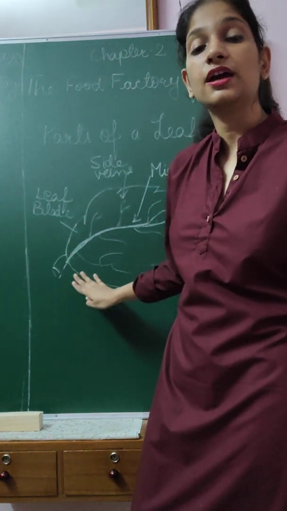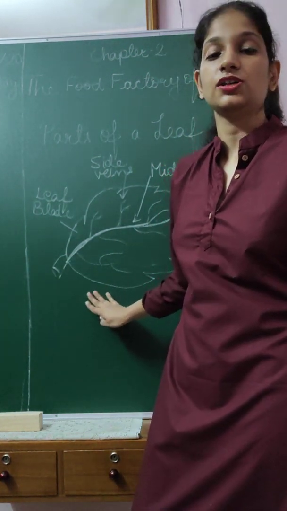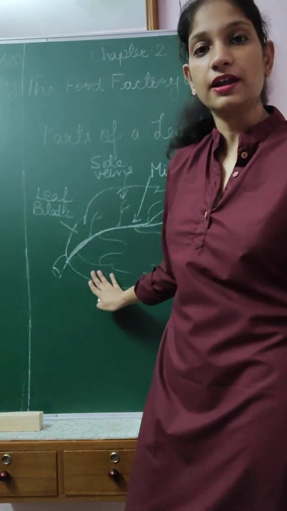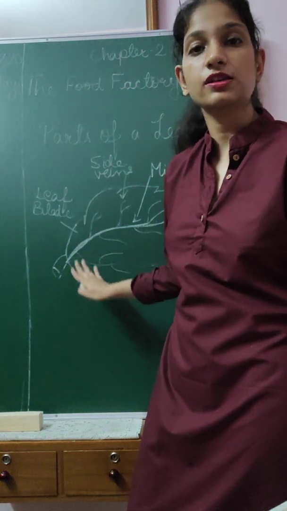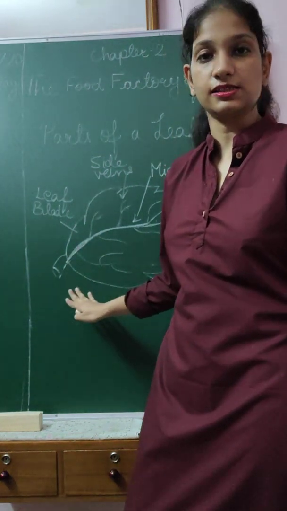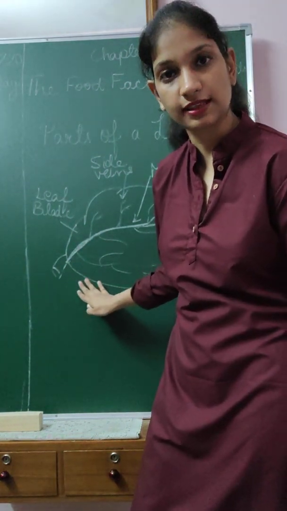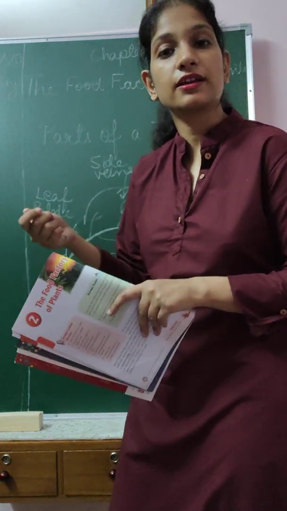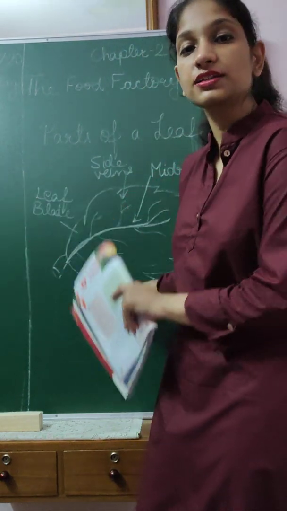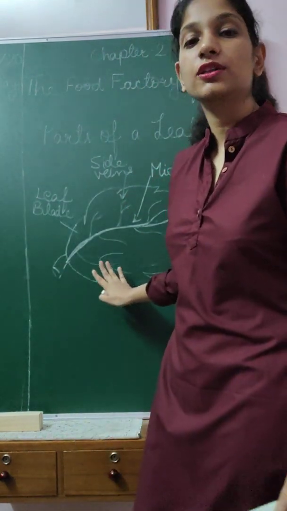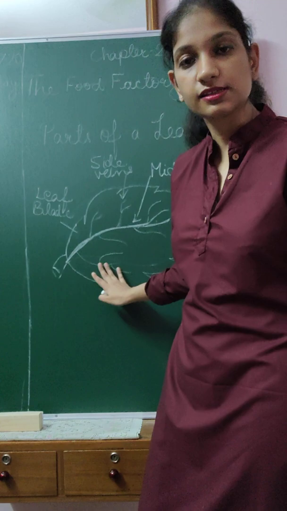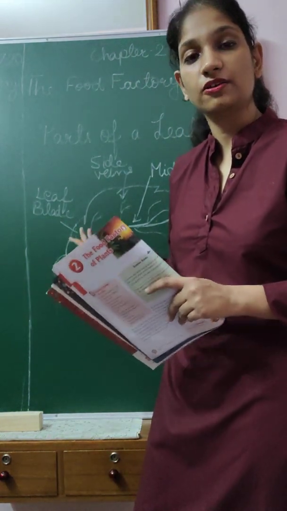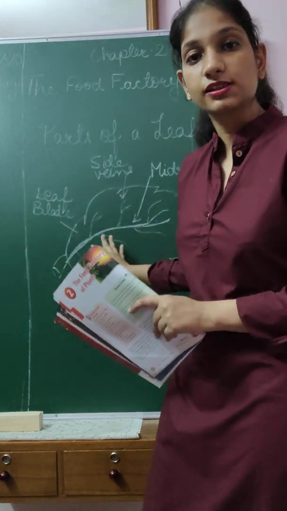प्लांट का किचन कहाँ होता है? प्लांट का किचन होता है लीफ, जहाँ पर उसका खाना बनता है. ओके, सो द किचन फॉर द प्लांट इज द लीफ वेयर द फूड इज मेड थ्रू अ प्रोसेस. उस प्रोसेस को कहते हैं फोटोसिंथेसिस. लाइक जब हम बेक करते हैं तो हम उसको कहते हैं बेकिंग. तो जब प्लांट का खाना बनता है इस लीफ में तो हम इसको कहते हैं फोटोसिंथेसिस. The process of making food by the leaf or by the green plants is called photosynthesis.